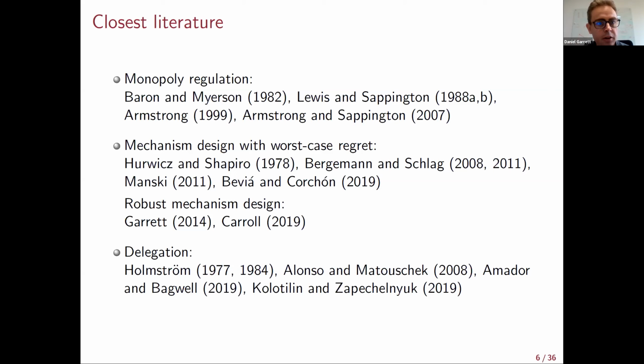Yes. I would also talk about that in the conclusion about why we look at this particular approach. Right. Actually, I want to maybe talk a little bit about why we are using a non-Bayesian approach instead of a Bayesian approach. There are two observations made by Armstrong and Sappington about the Bayesian approach in addressing monopoly regulation. The first observation is that this is a setting in which typically the information asymmetry is very, very pronounced.